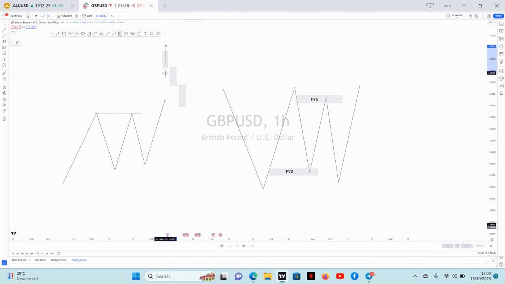So after this, what we have is this space in between. What I mean is that this high right here can be formed inside here, or you can even get past it. But as long as it doesn't break this high,